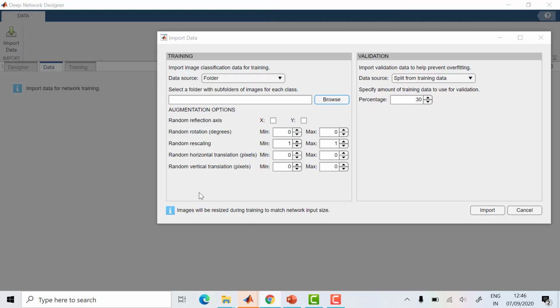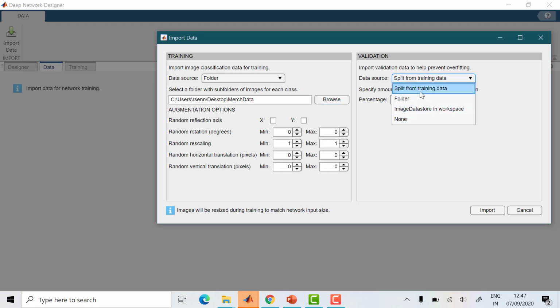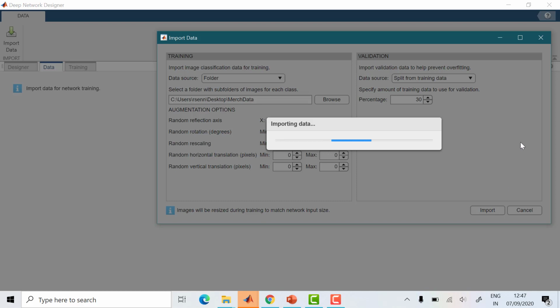Okay, select the folder. It has come. We already unzipped and stored it in one place. Here, for the amount of training data, we use a 30% split for testing purposes. Then import. It will take some time for importing.